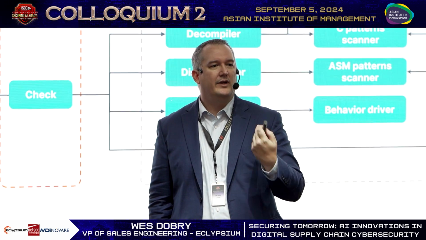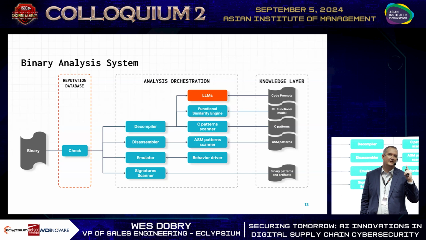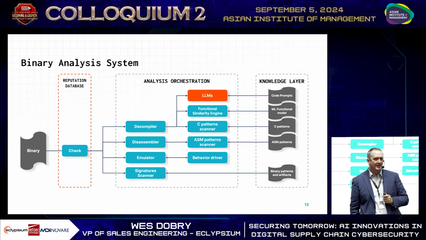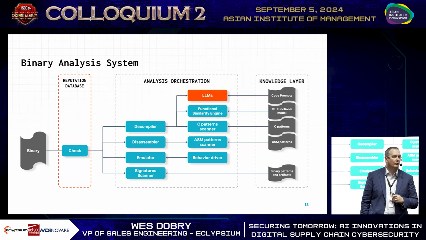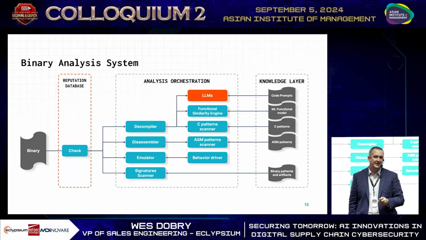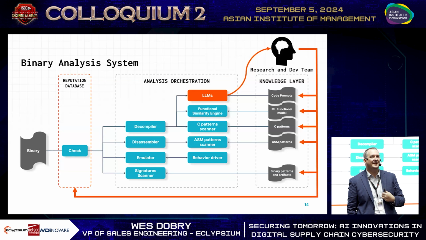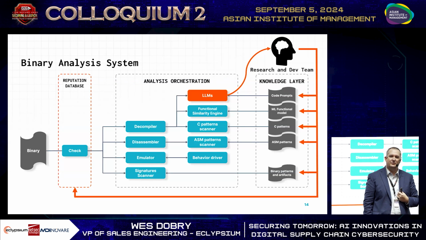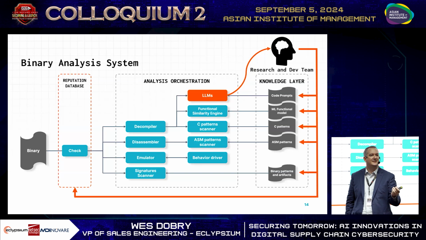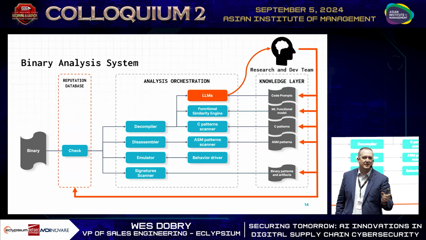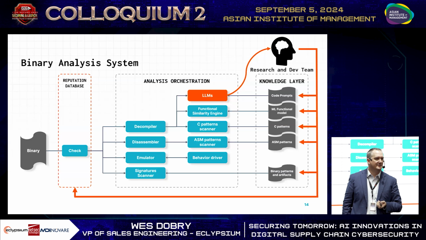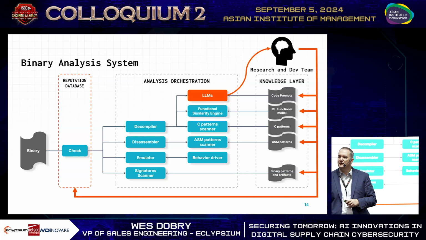Now, what we're doing, and one of the things that you'll see up here is I highlight LLMs. We get a lot of output of data from our test environments and when we collect new firmware. This lets us feed output from our systems into LLMs. And so we can take code, functions, and bits of information from our analyses, feed it into an LLM, and ask it questions, and have it start to do some of this work that typically our research and our engineering